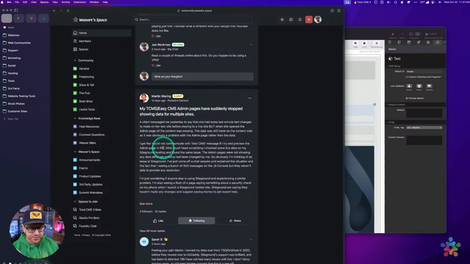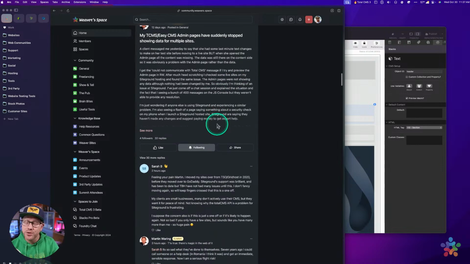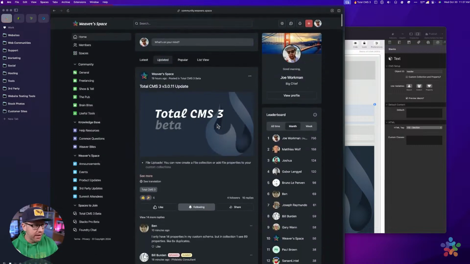Somewhere here it is, right? So Easy CMS and Total CMS's admin areas weren't really working. If you're on SiteGround, there's quite a few users here that are. I wish I could help you out. Okay, but let's go on to some